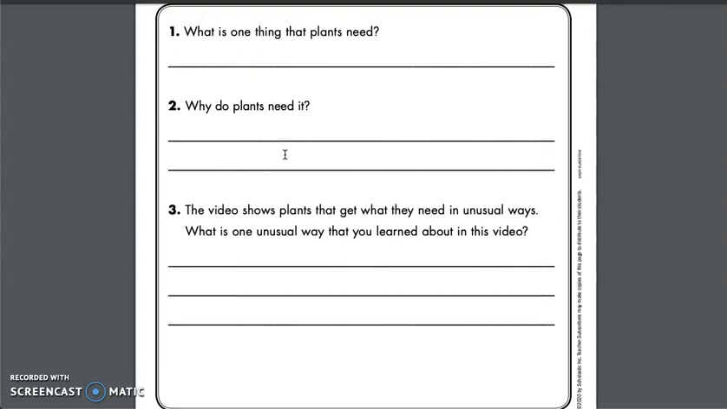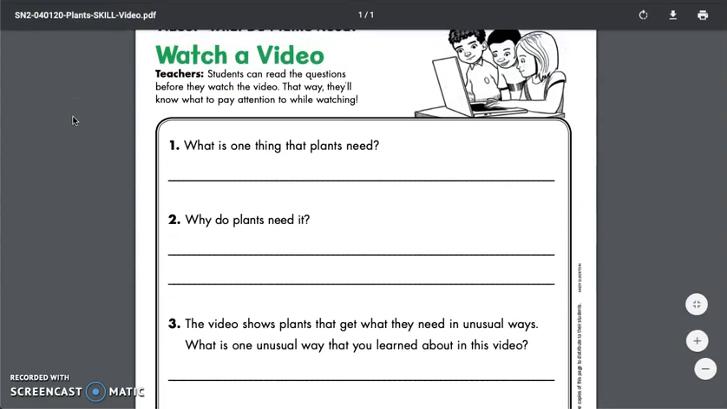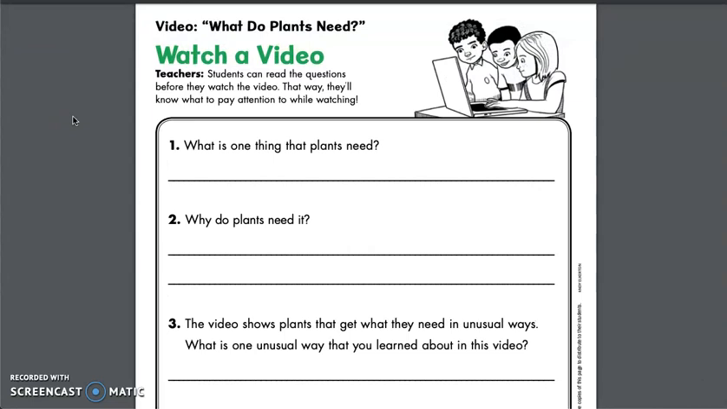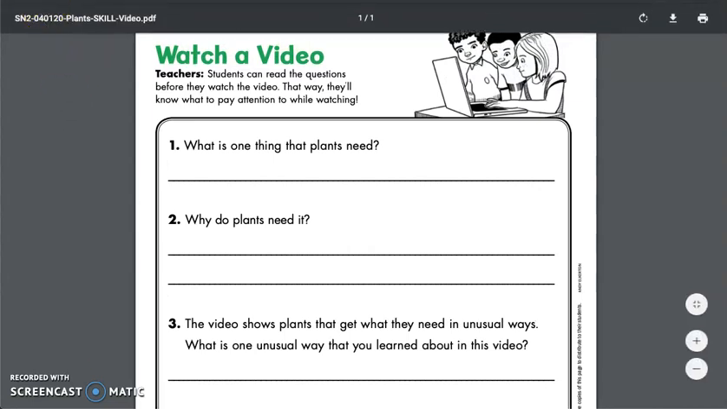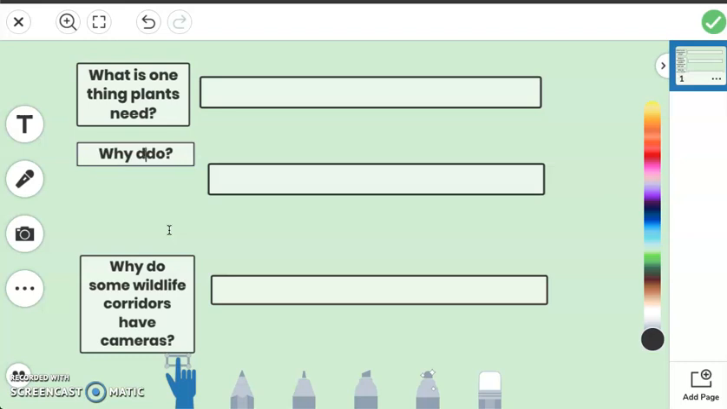I could upload the PDF onto that file as well if the questions weren't as large and students would have space to answer. For right now, I'm just going to show how I could type up that activity onto the Seesaw account. So this would be, what is one thing plants need? The next question would be, why do plants need this? To follow up on that last question,